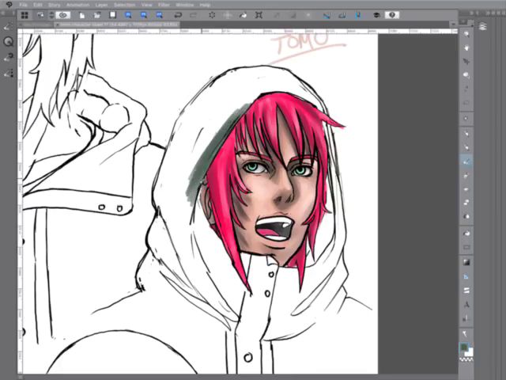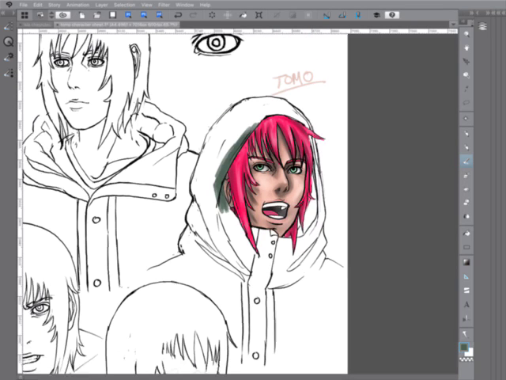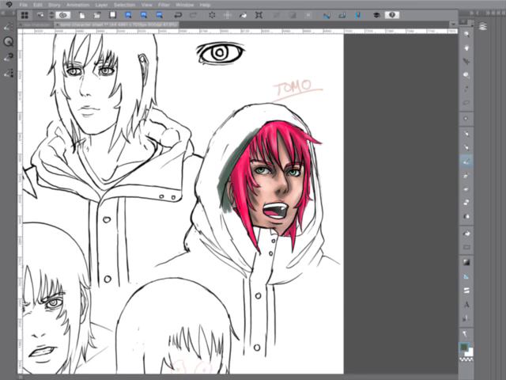Maybe it'll be enough on the gray side of things that it won't look like I'm trying to draw the Grinch's cousin or something. This is going to take forever, so let's up this size. There we go.